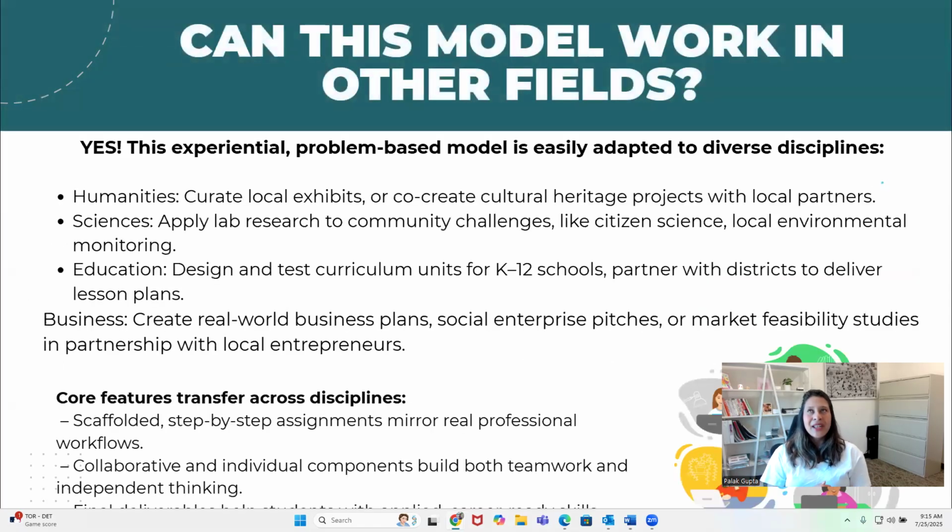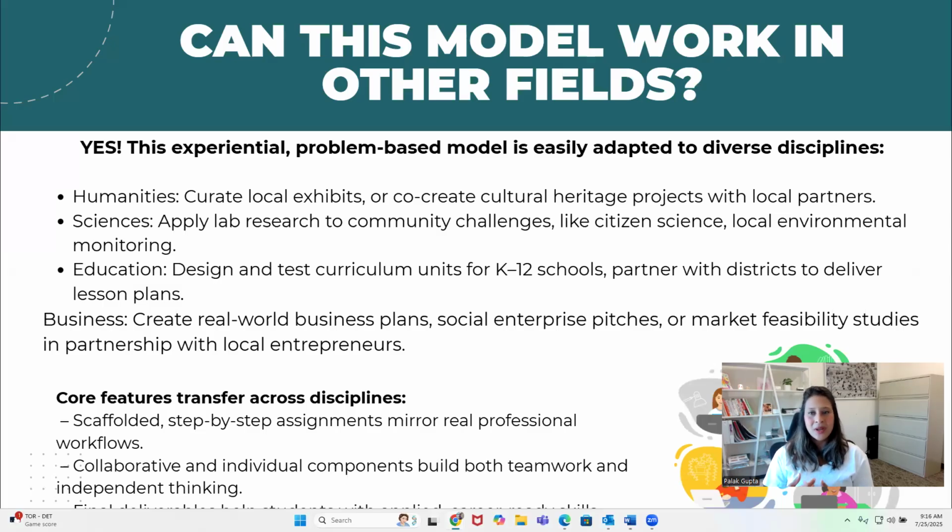So I was thinking, when I was making this abstract and this presentation, does this model work in other fields? I feel it absolutely can work, and that's what makes it so powerful and flexible. The core idea is real world problem-based learning, and I feel like it translates beautifully across multiple disciplines. I don't know about many disciplines, but I was researching and found that, for example, in humanities,